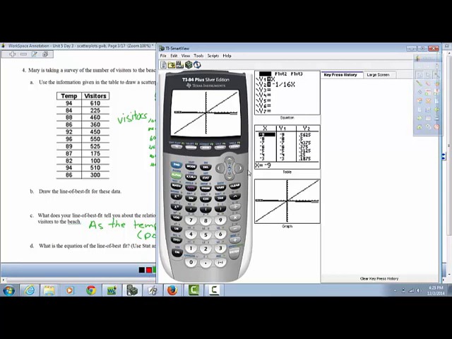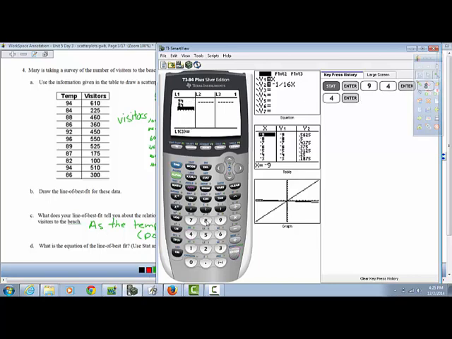So to do that, we need to hit stat, is what my little instruction sheet says first. Hit stat, edit. Well, edit is already highlighted, so all I need to do is press enter. Then we're going to put the x values of the points under L1 and the y values under L2. So let's do that. These are your x values, these are your y values, so let's get those in there. So you can just go down the x column,